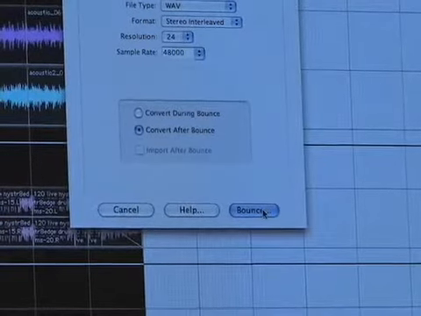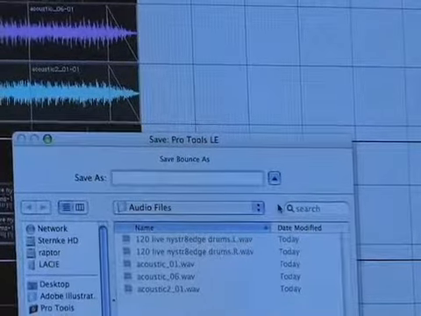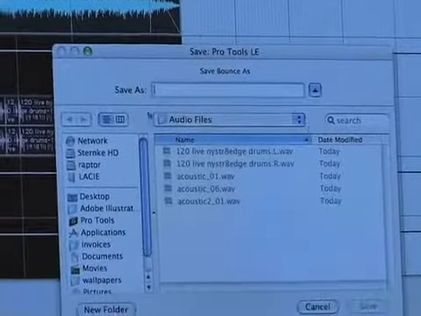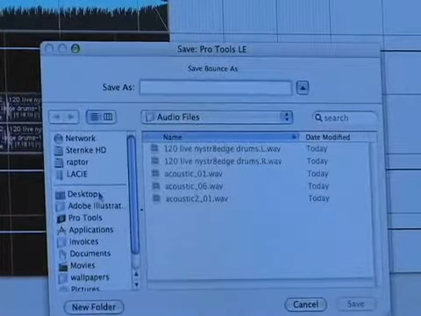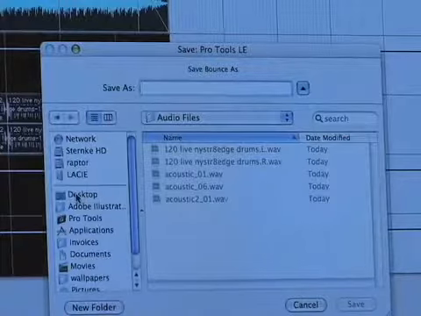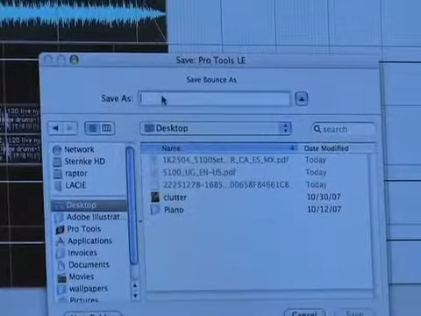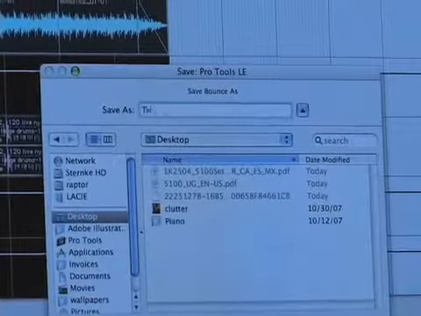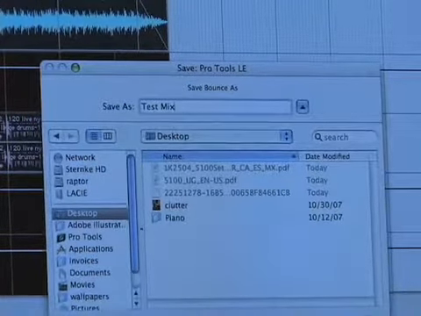And when you're ready, just hit bounce, and it's going to ask you where you want to save it. And the default place is just in your audio files folder inside your session. But let's say I just want to save it on my desktop. I'll just click my desktop here. And it's a good thing to always name it, test mix, whatever you're naming, or just the name of the song. Now, once you hit save,